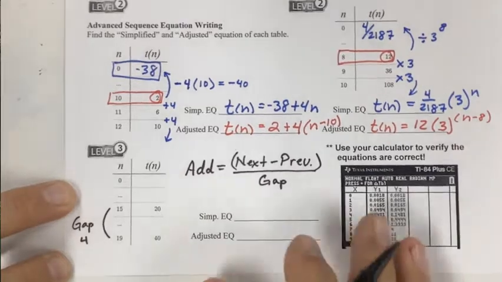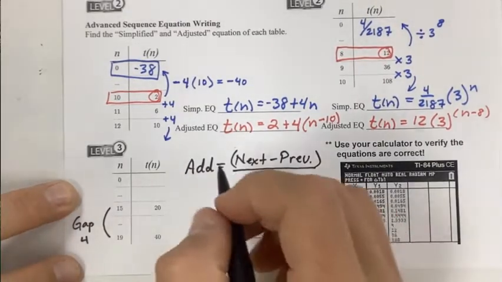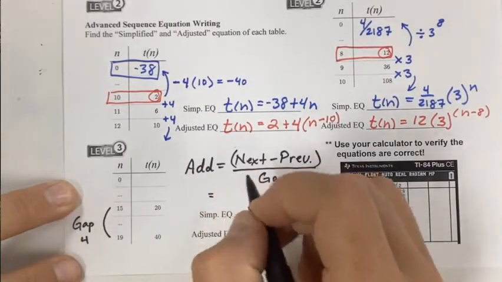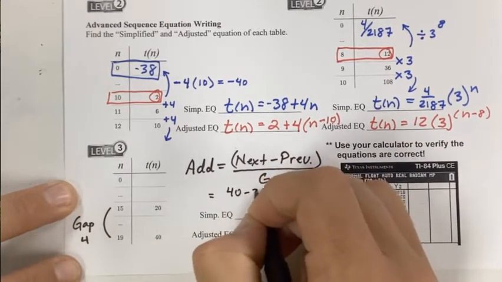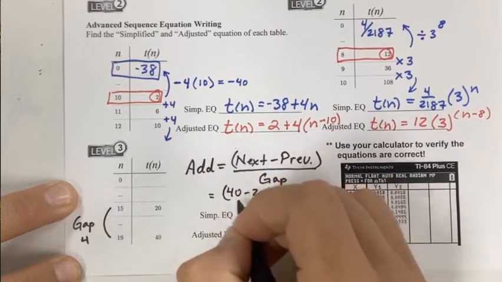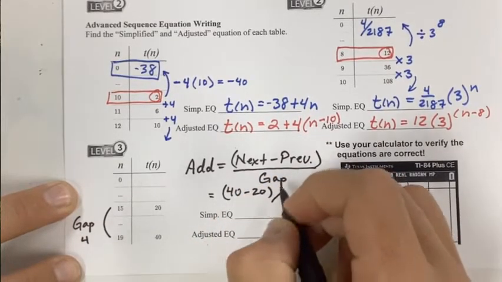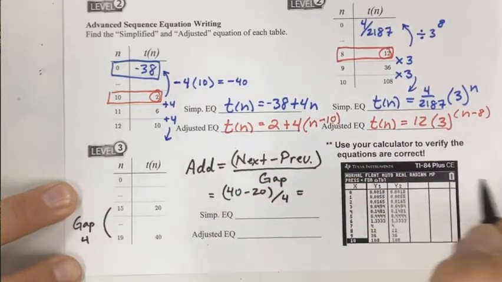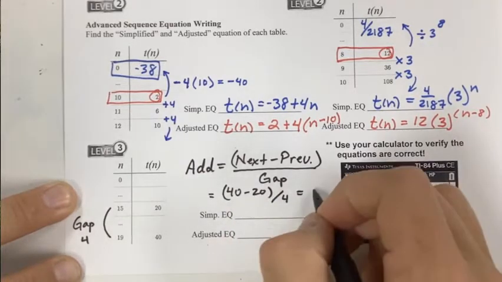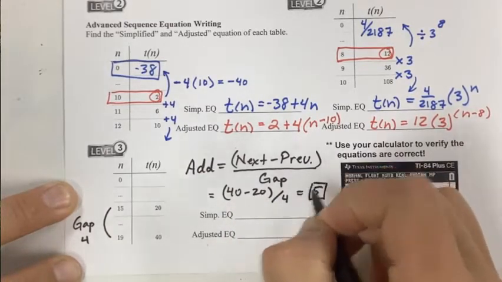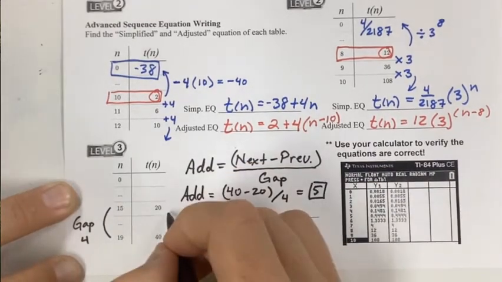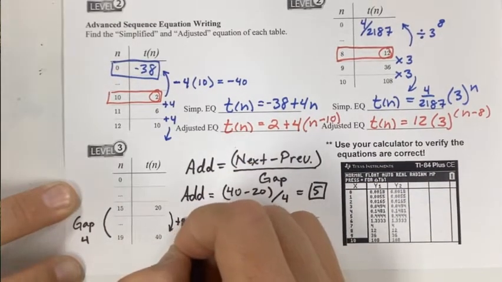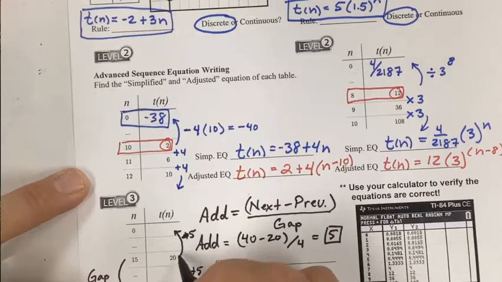Then we also recognize that this is your next and that's your previous, so if you're going to fill this in, it would look like this. You'd have to go 40 minus 20, and if you type it in your calculator like this and then divide by the gap being 4, the answer will come out to be, well, 20 divided by 4, that's 5. I just figured out what it's adding by. It's adding by 5. That means going down the table, you're adding 5. Going backwards, you're going to subtract 5